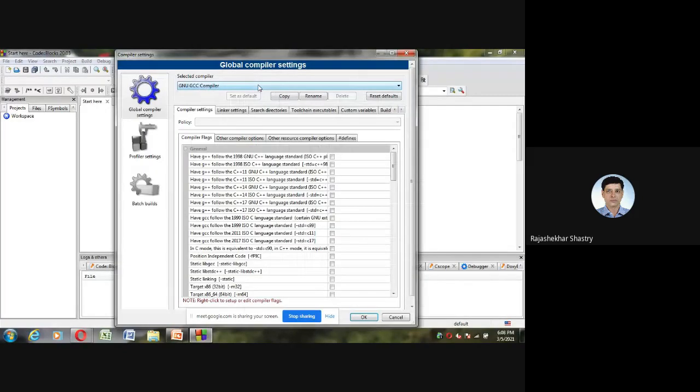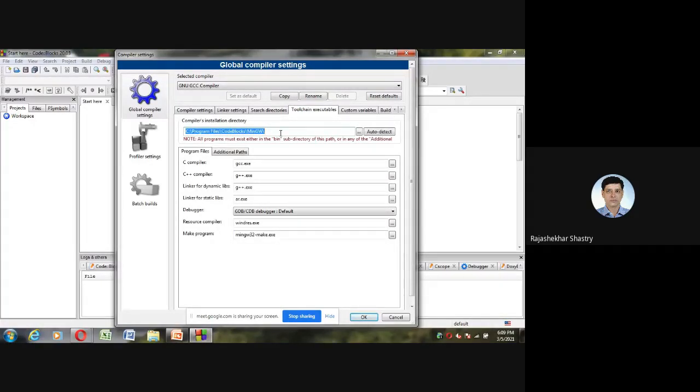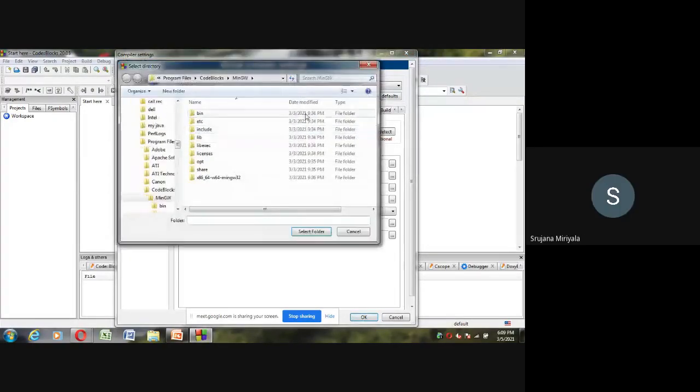When you go to the compiler, you will find the compiler related information. In my system, I have multiple compilers, but as I told you already, when you select MinGW, the GCC compiler will come by default and be installed in your system. From the compiler settings, go to Toolchain executables, and there you check whether the path is MinGW or not. MinGW is a folder in which we have all the files related to the GCC compiler. If it is not there, then check where it is installed.